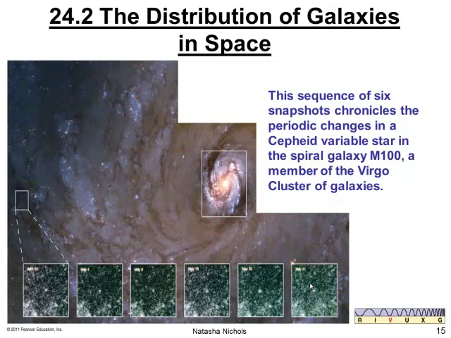Here we have a sequence of 6 snapshots that chronicles the periodic changes in a Cepheid variable star in the spiral galaxy M100, which is a member of the Virgo cluster of galaxies. The Cepheid appears at the center of each inset, taken at the different times indicated during 1994.